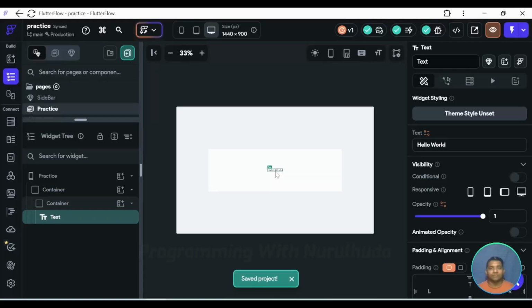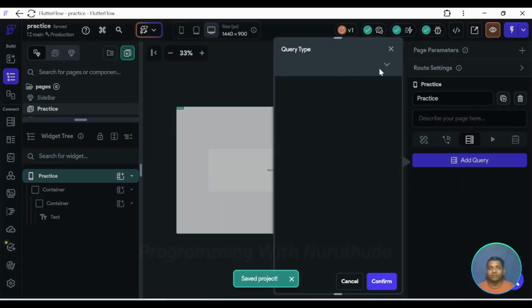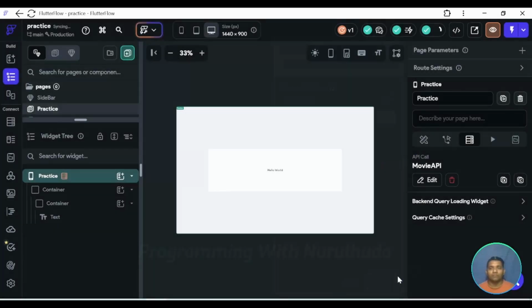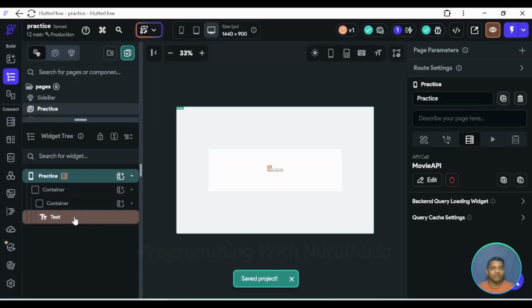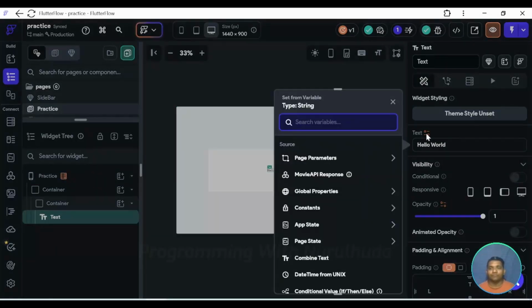Now I'm going to enter. I select a text widget before I call the API. Here add query. Query type should be API call, and here select movie API. Now I confirm. Now our API call is integrated in our practice page. Now our movie name should be bound in a text widget. I select here, click on movie. I select movie